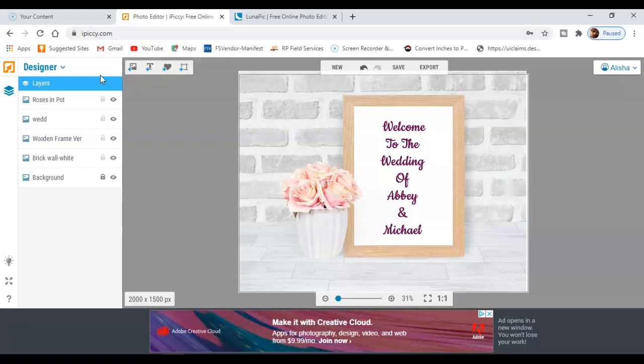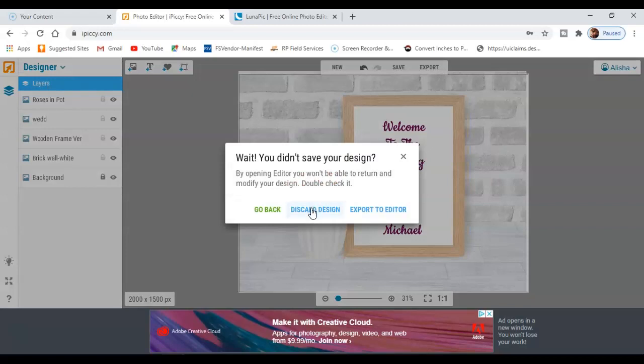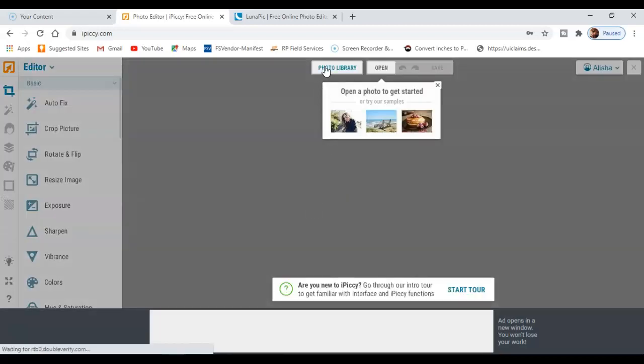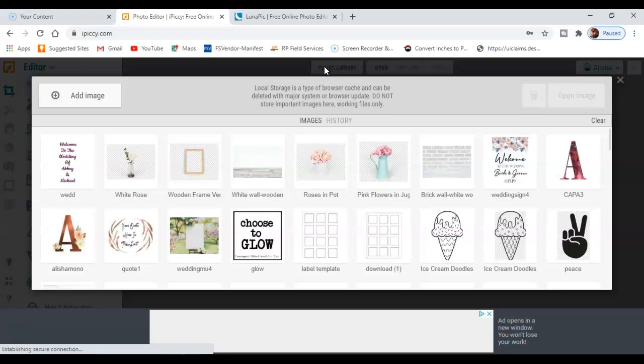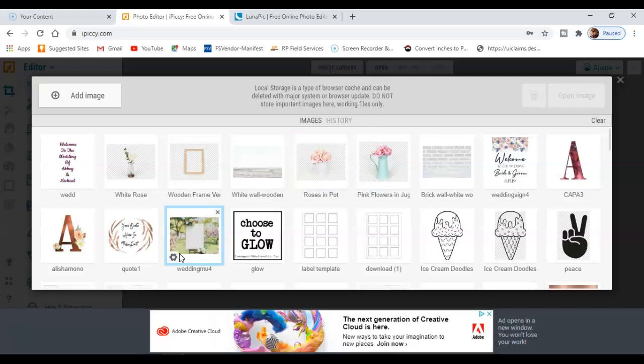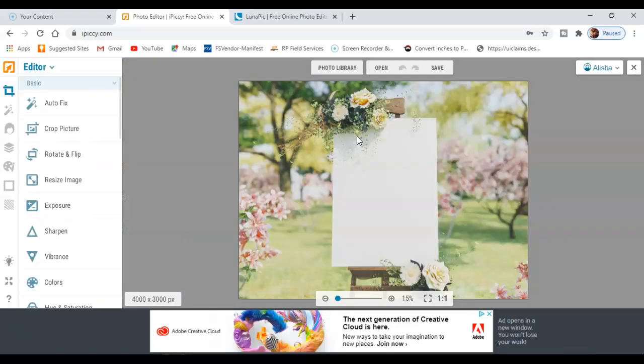So I am going to actually go to the editor and I'm going to open up my photo library, and I actually have one of those that the roses are covering. If you can see, the roses are covering this design right here. So what we need to do in this case is we're going to go to